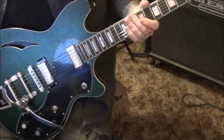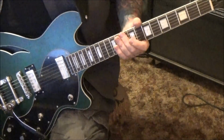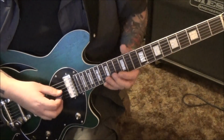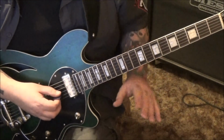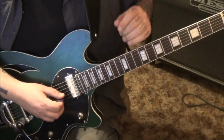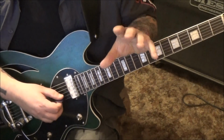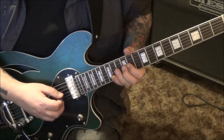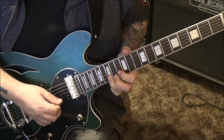Now the guy playing this, I don't know how to say his name, I think he's German, Friedel Weisenhofer. This vibrato is a little different. He kind of has like a classical style vibrato. It doesn't really pop really big, but vibrato is vibrato, so do the vibrato how you're feeling it. So that one is